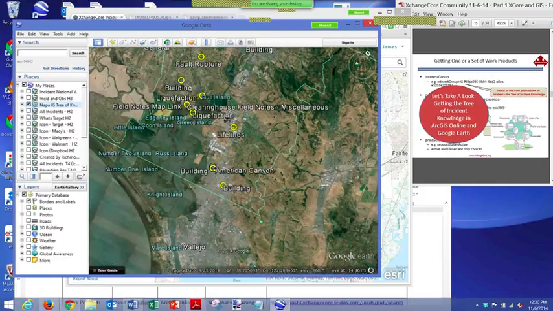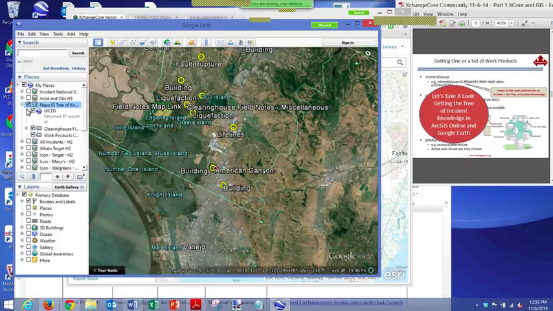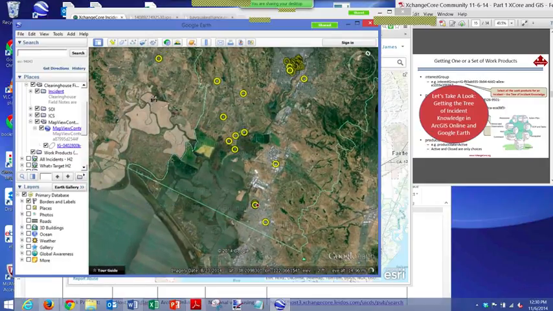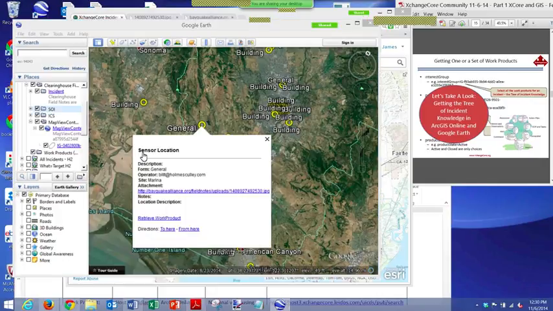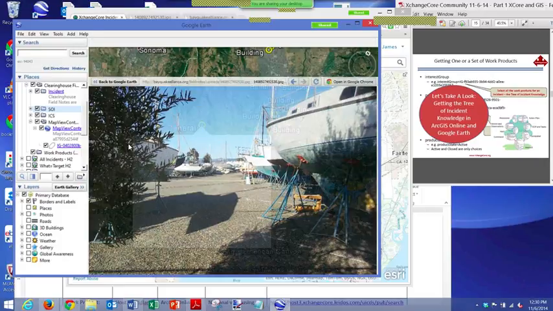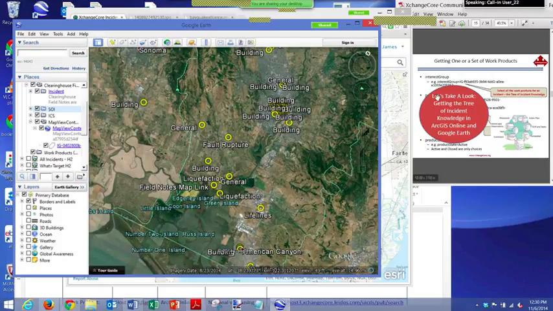But where I want to go with this is to show you over here that there were 97 results that came in, and you have the incident that we saw over there. You have all these different SOIs, these observations that are taking place. If I come in here and take a look at this one, here we go, I believe. You got the same picture. So just, again, proof of concept that I pulled all the different information out of this tree of knowledge over here, but with one more element that does not appear currently in ArcGIS Online, but it's native to what Google Earth does,